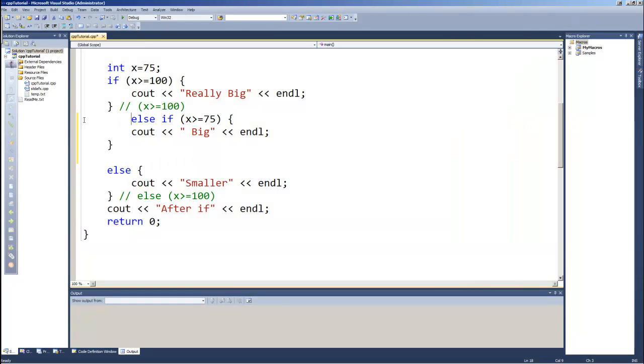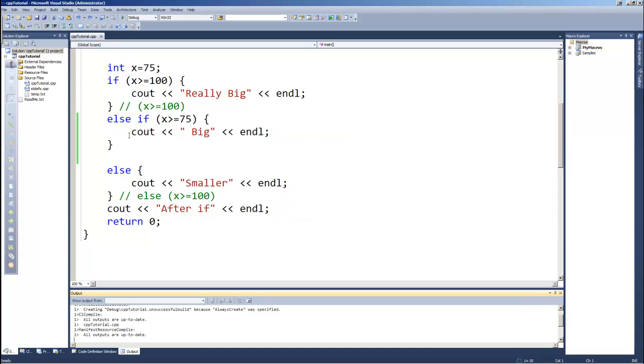block. What we do is after the if, you add the words else if, and then you put an inequality, in our case, x in parentheses, x greater than or equal to 75, and then I start a code block, open and close curly brackets, and put whatever code I want in there. For our examples, we're keeping it simple to a single line of code, so in this case it's a cout that says big. Well, if we run this one,